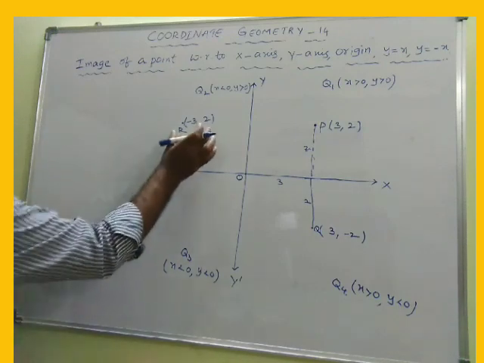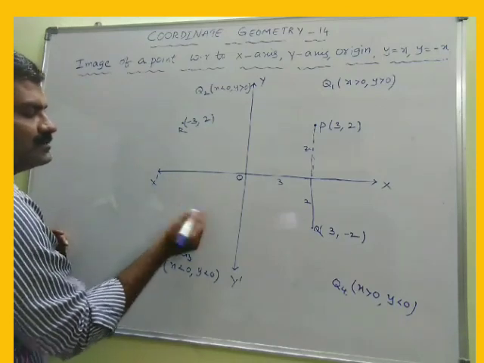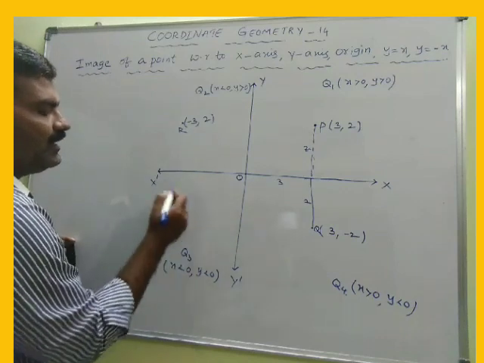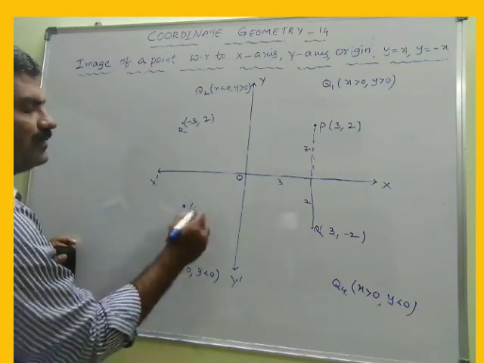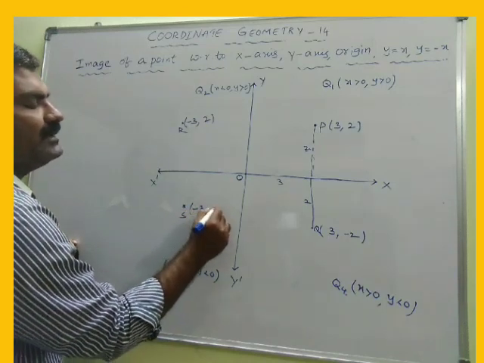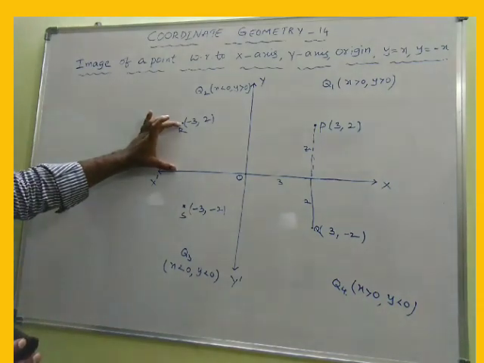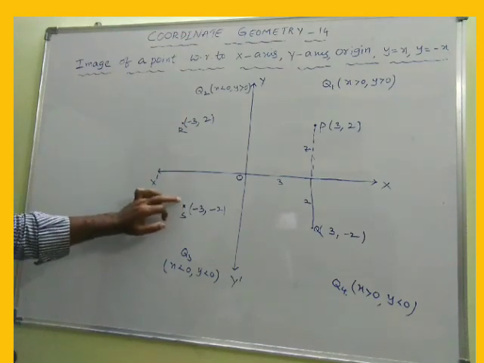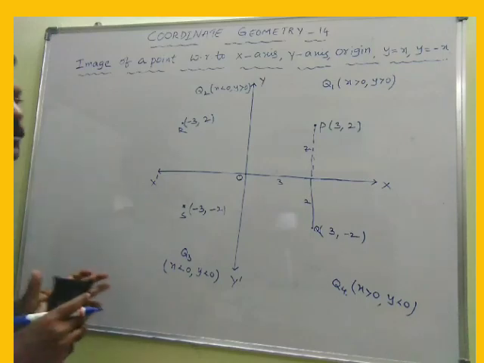Now let me talk about its image with respect to the x-axis. So definitely somewhere here, for example, isn't it? Say P, Q, R, S. And now coming to here, both are negative, no? So x is minus 3, and the y coordinate is also minus 2. The distance is the same. So whatever the distance R is from the negative x-axis, S is also at the same distance. Hope you all understand now.